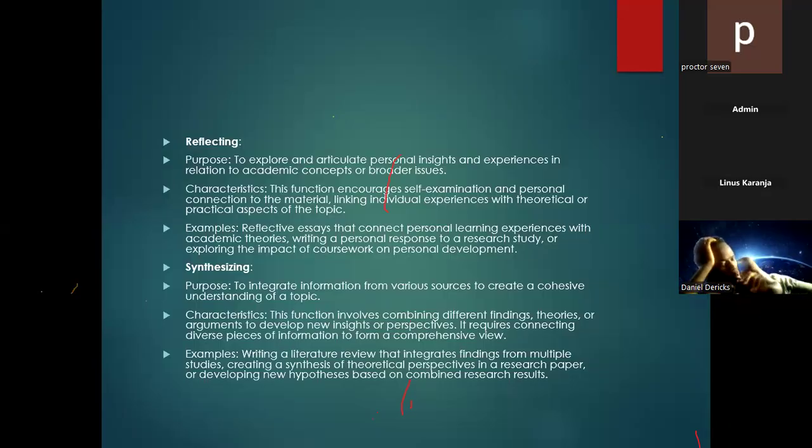Then synthesizing. This is where we have knowledge from different fields being brought together. Theory is usually multidisciplinary. We have a theory called robopoetics, and it brings literature with computer science and IT together. Robots are being used to write books, and the robots can also analyze books. So literature now integrates with computer science and IT, and that is what we are calling synthesizing. Different fields of knowledge intersect.